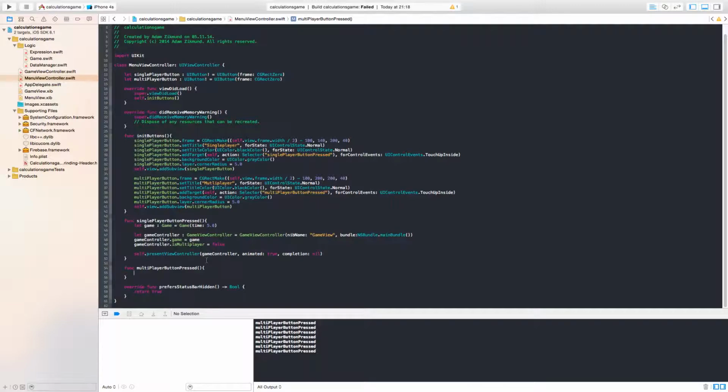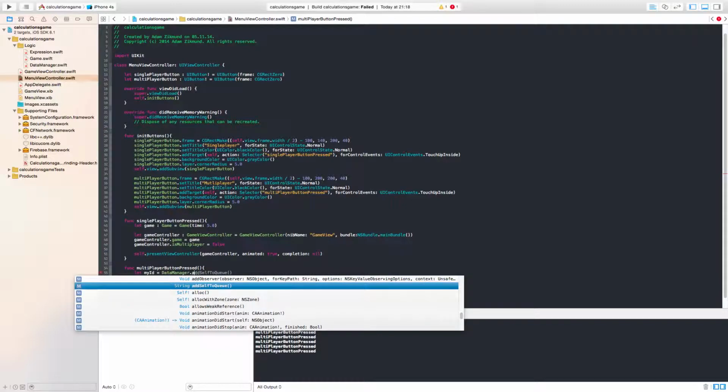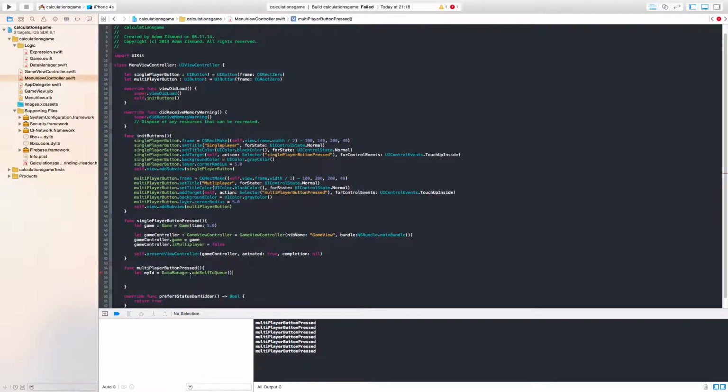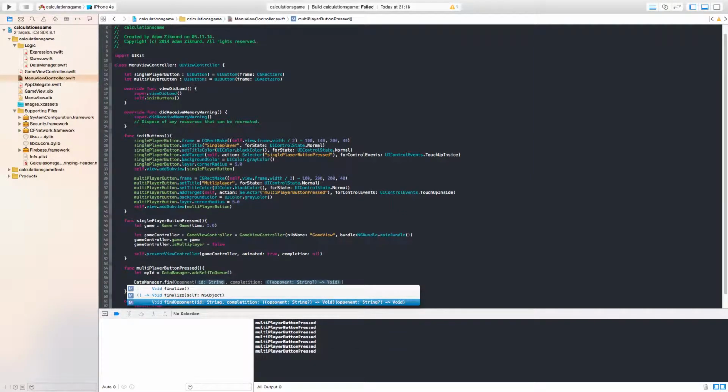So first of all it is important to add us to the queue. So I will call the data manager added to queue, added the self to queue. So this function returns my ID, so it will be stored in the my ID constant. And after that, I will call the data manager and I will call the function find opponent. So I will pass there my ID,